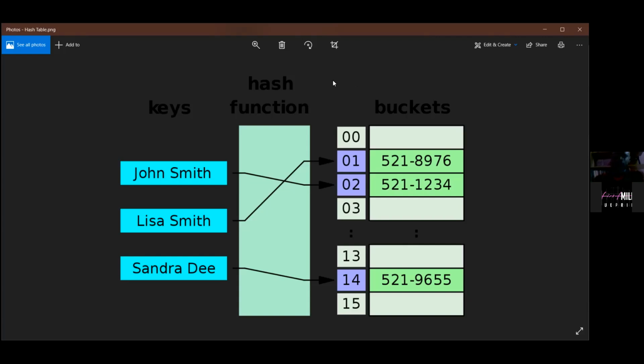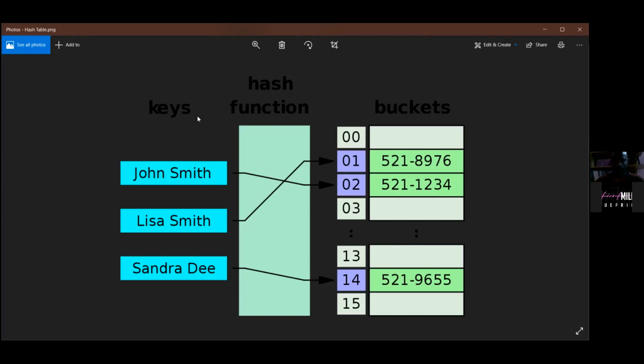Right. Now, for the language to be able to store these key-value pairs, they get hashed, and the hash function will choose where each will be stored. It's not going to be in sequential order.